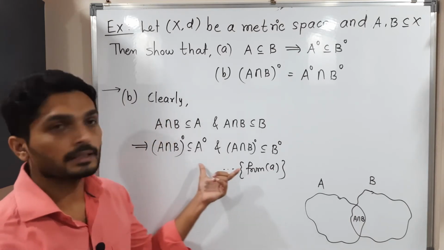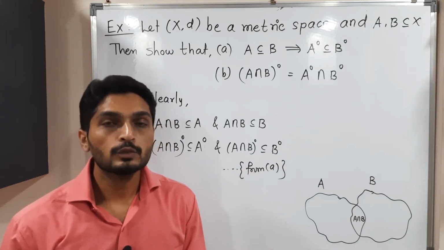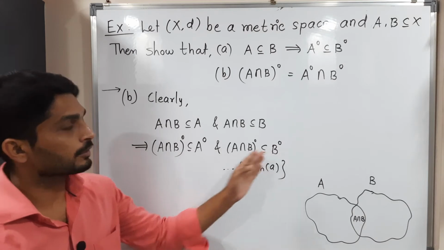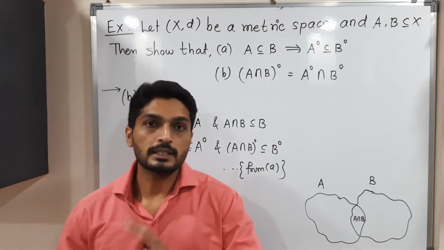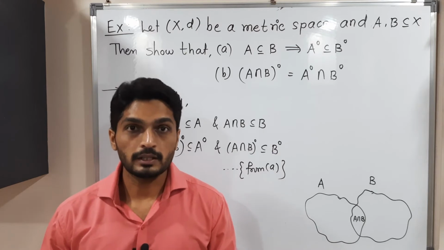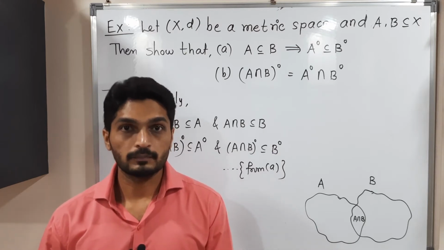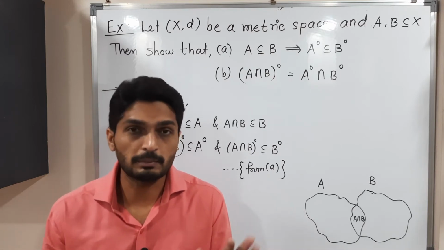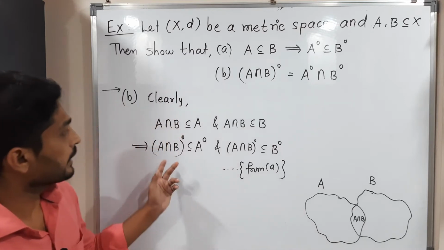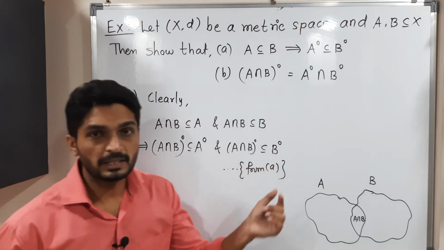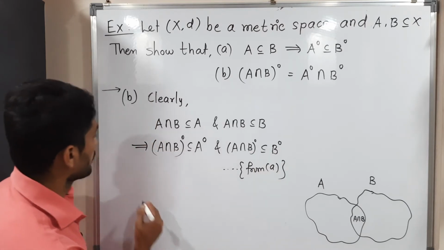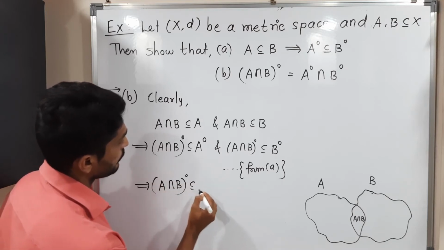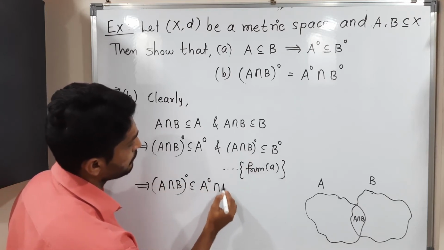That means this is common to A interior and B interior. So that's why it lies in the intersection, right? It is a subset of this one and a subset of that one, so it lies in the intersection. For example, you can say Chandigarh. It is the capital of Haryana as well as the capital of Punjab also. That means Chandigarh lies in the intersection of both of them. A simple example I give. Getting? So that's why it is a subset of A interior and a subset of B interior, so it lies in the intersection also. This implies (A intersection B) interior is a subset of A interior intersection B interior.